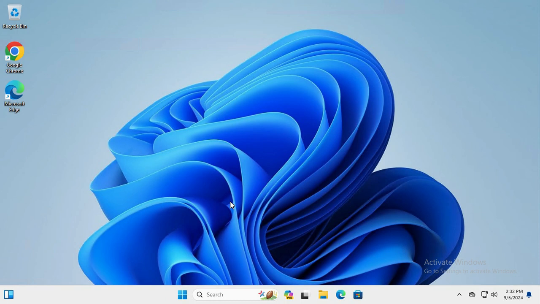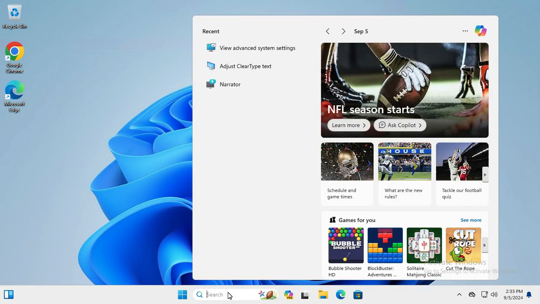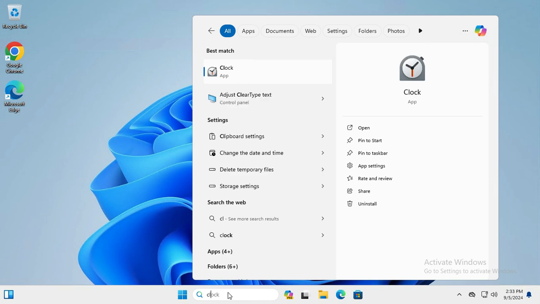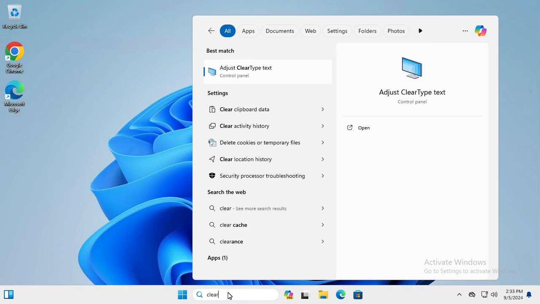Now I'm going to show you the second way. In search, type clear, and you will find an option here, Adjust ClearType text. Just click on Adjust ClearType text,